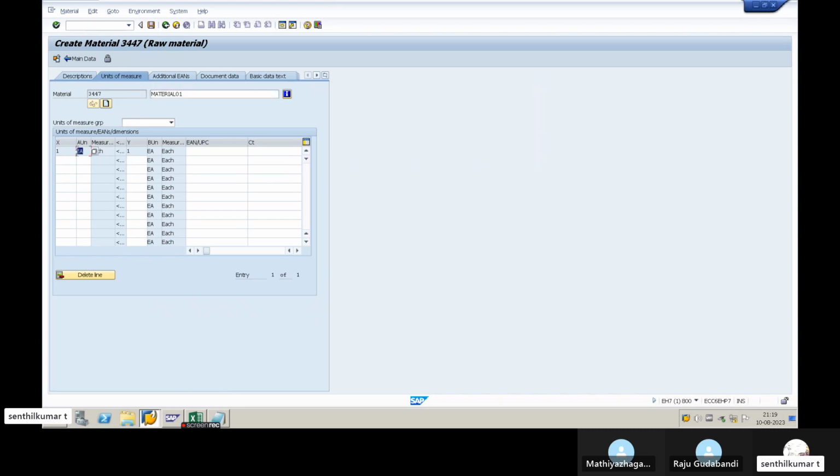So each, actually. So what is the additional unit of measurement? This is for AUn, which means additional unit of measurement. This is for unit conversion. The system always keeps the inventory in the base unit of measurement, but we can keep multiple different units of measurement in SAP. Example,